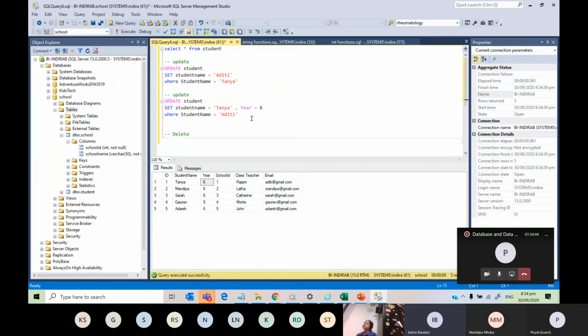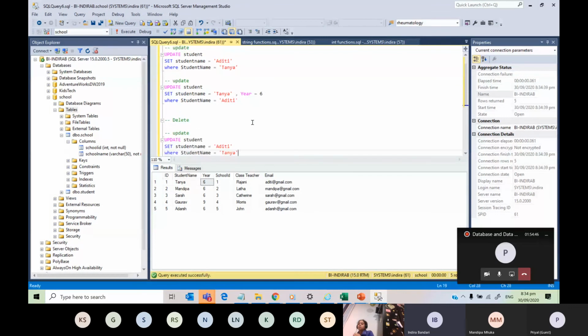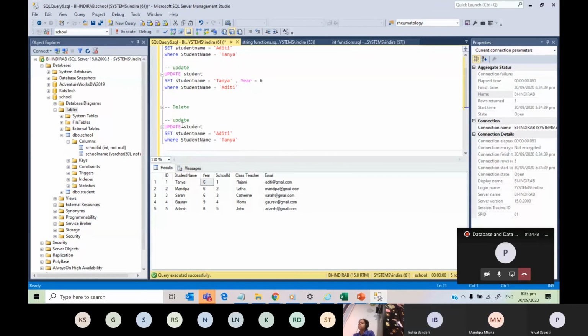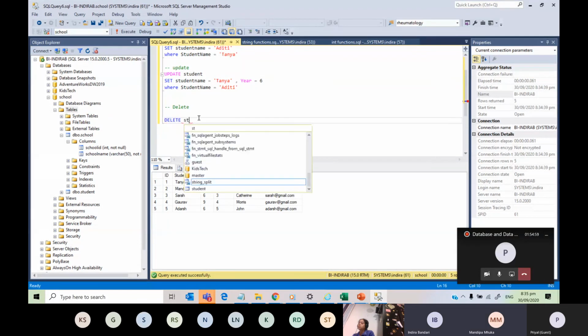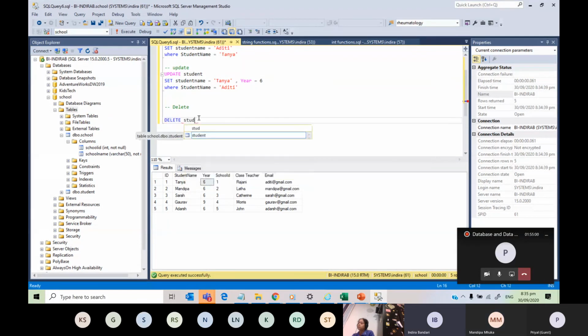When you are deleting, can you delete just a column? Yes or no?